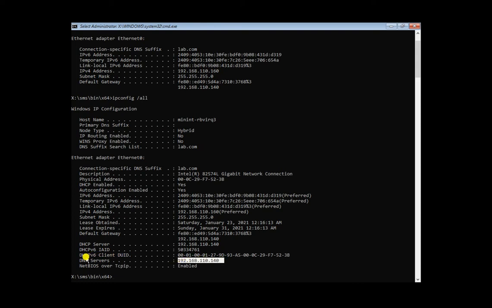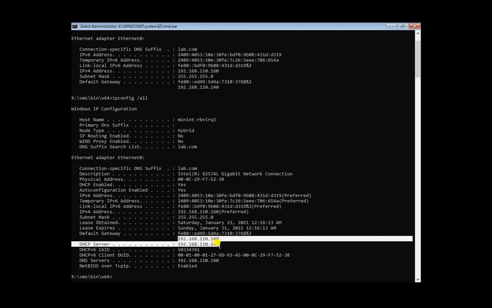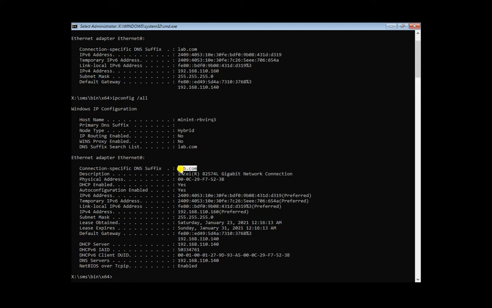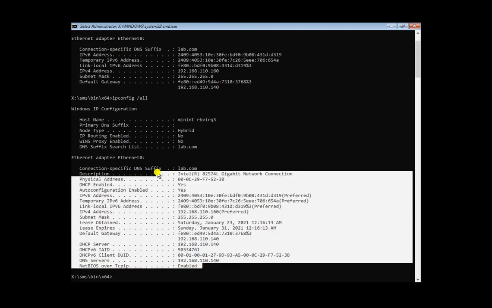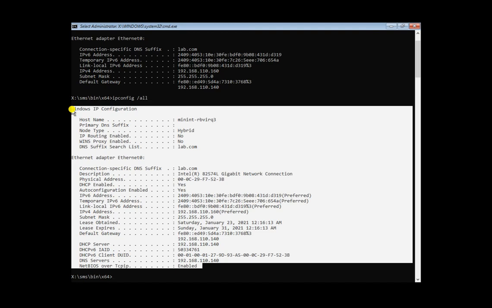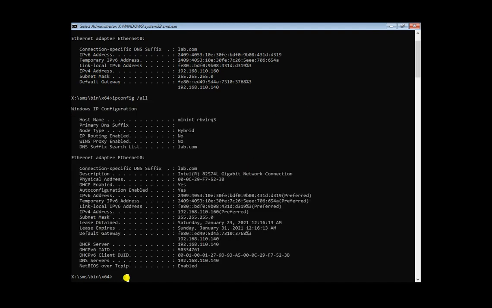The DHCP server is 140, and this is the default gateway. These are the important things. Mainly it is the DNS. If the DNS is not correct, then you will not get the MP and your image will fail.